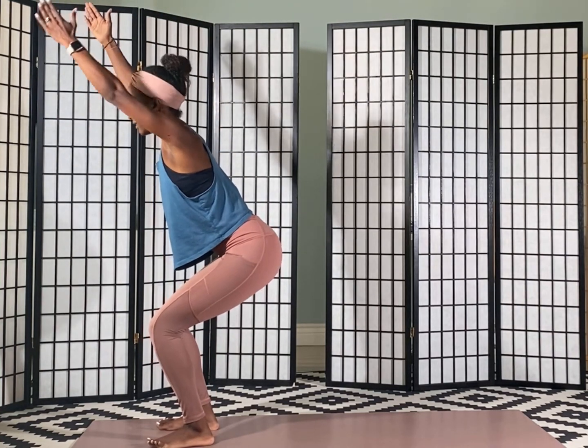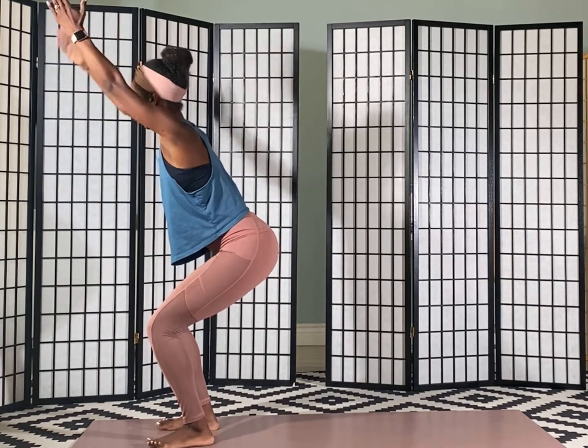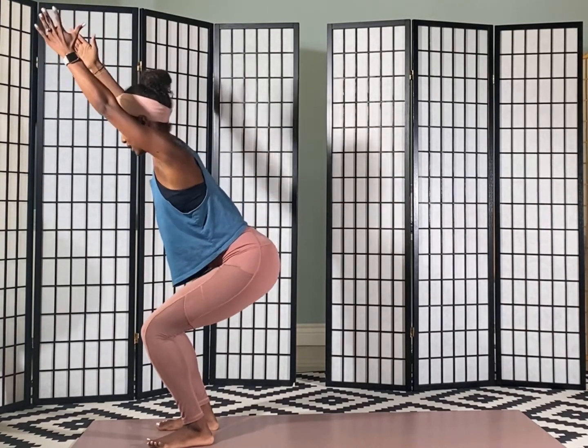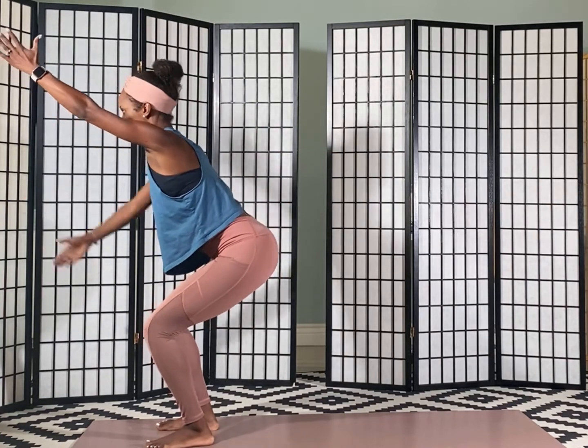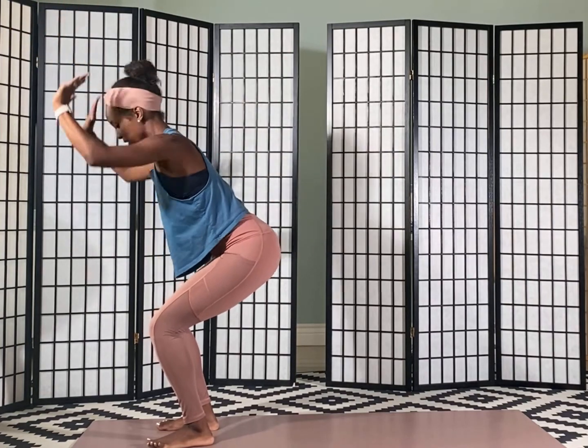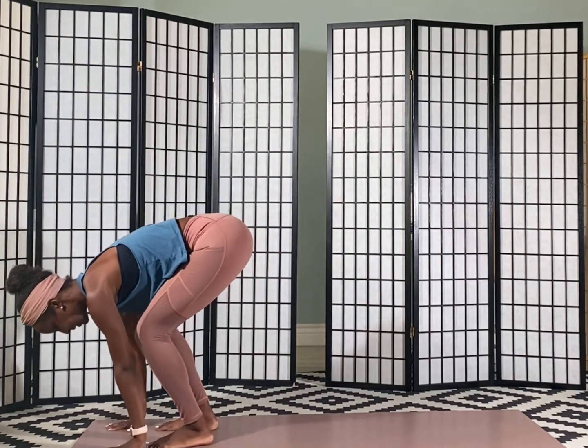Then while you maintain the squat, take one arm, sweep it back, and bring it back up. Good, inhale. Exhale and lift, and take it back, bring it up. Maybe your squat gets 2 inches deeper. Go for it. All right, one more each side. Last one. Now stay in the squat, bring your arms down to the mat, and then take your feet back